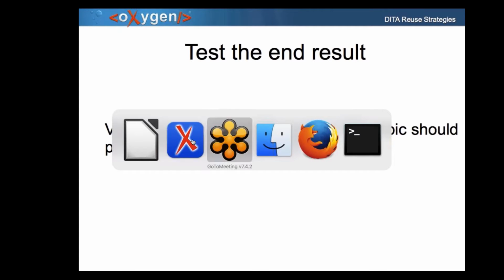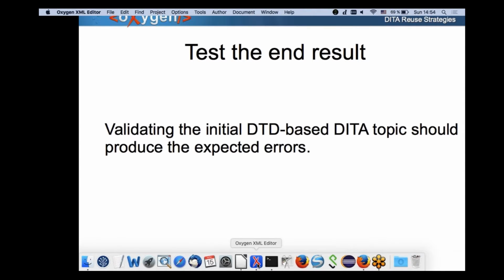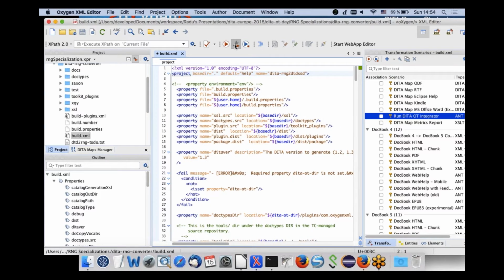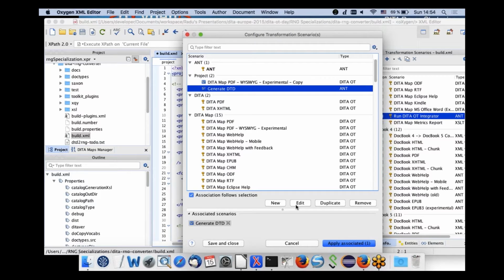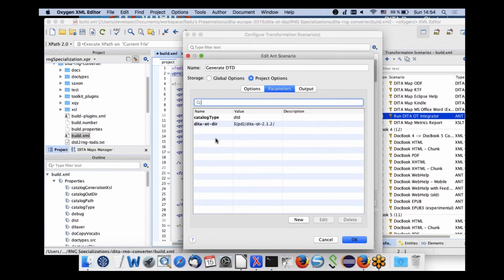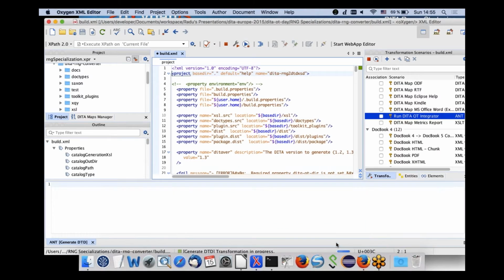And let's see if we can run this here. So I've opened this build file. I have a custom transformation from it called generate DTD. It just calls the build file with two build targets, generate DTD and generate catalogs, and it has parameters. One of them shows where the DITA-OT distribution is placed, and the type of catalogs to output. So once I do this,